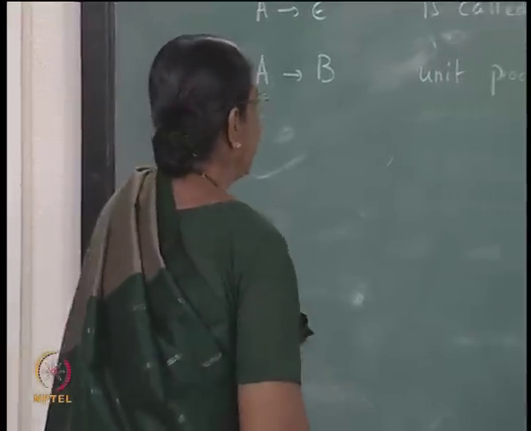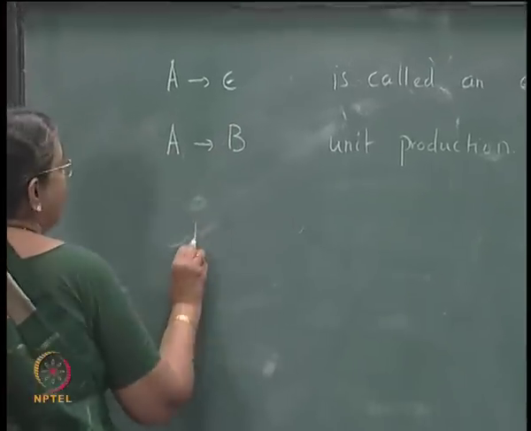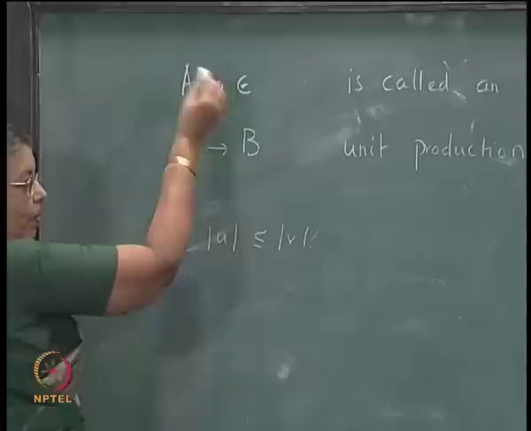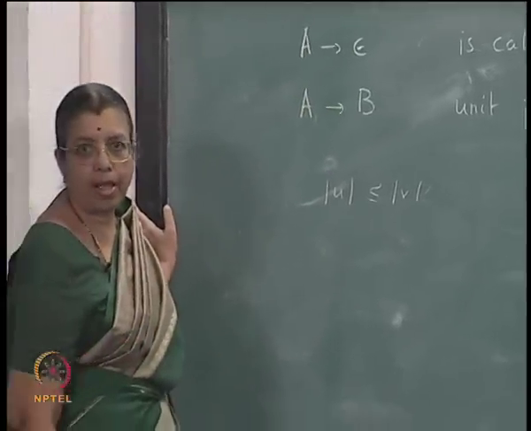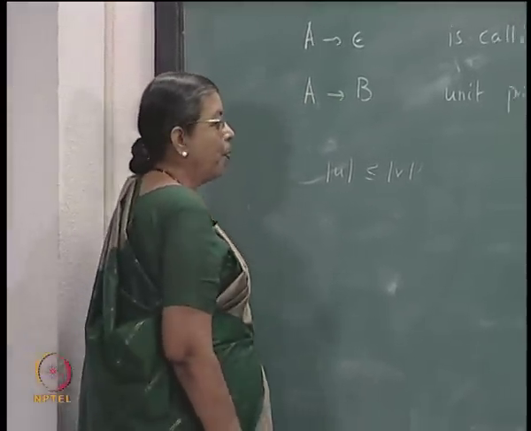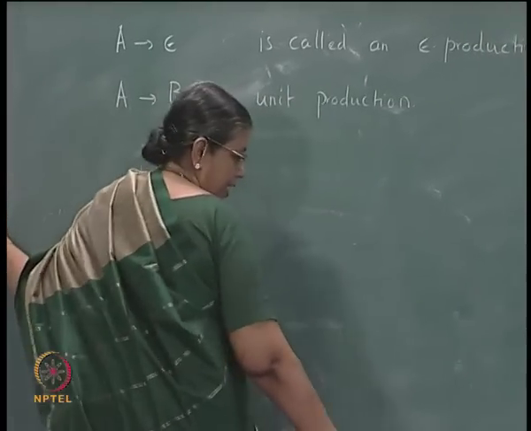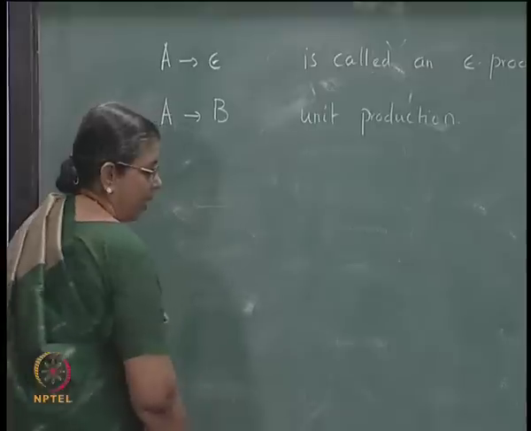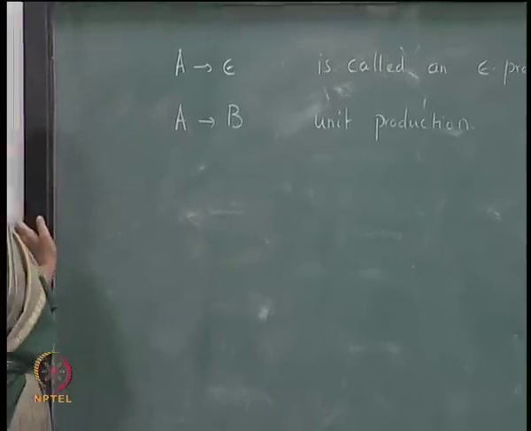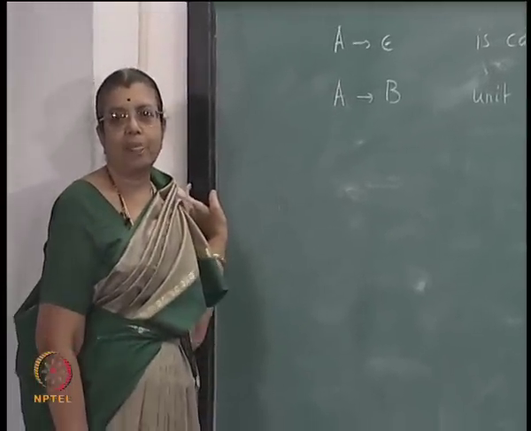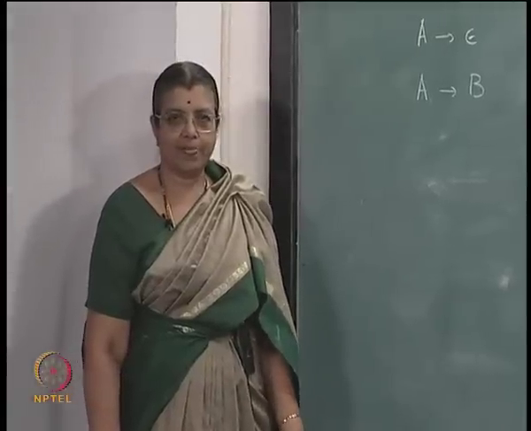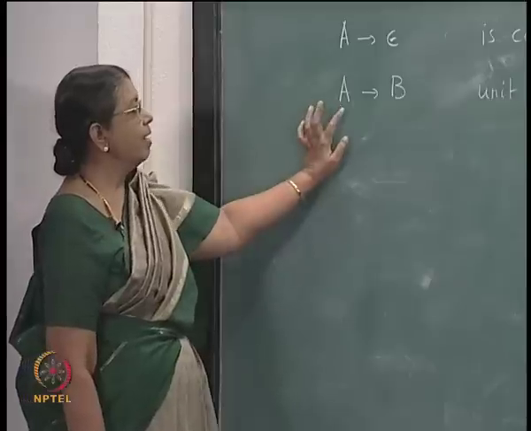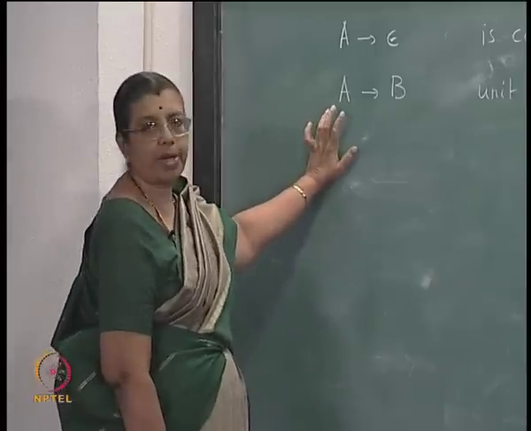First of all, that length increasing property, length of the left hand side is less than or equal to length of the right hand side, is violated by rules of this form. So, in proofs, when this property is violated, the proof becomes lengthy in many cases. So, if you avoid such rules, you can give the proof very easily. That is one idea. The second thing is, why do you want to avoid unit productions?